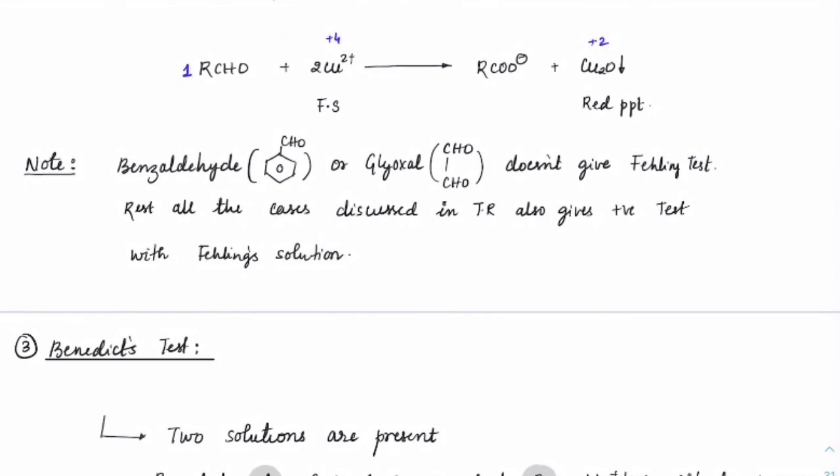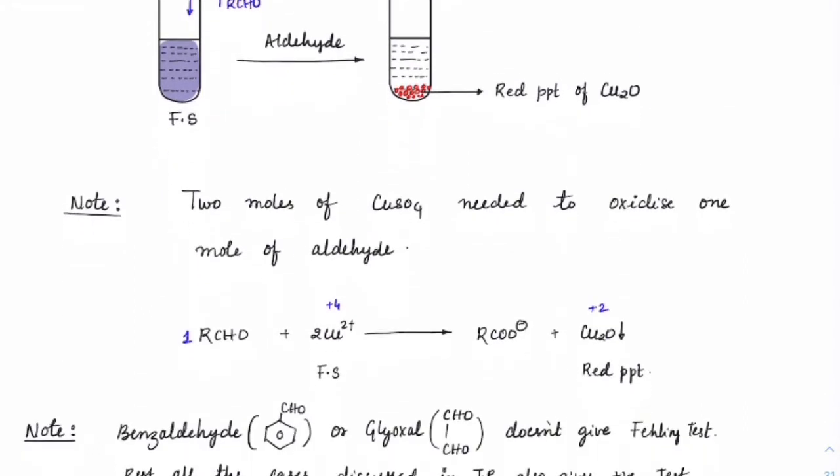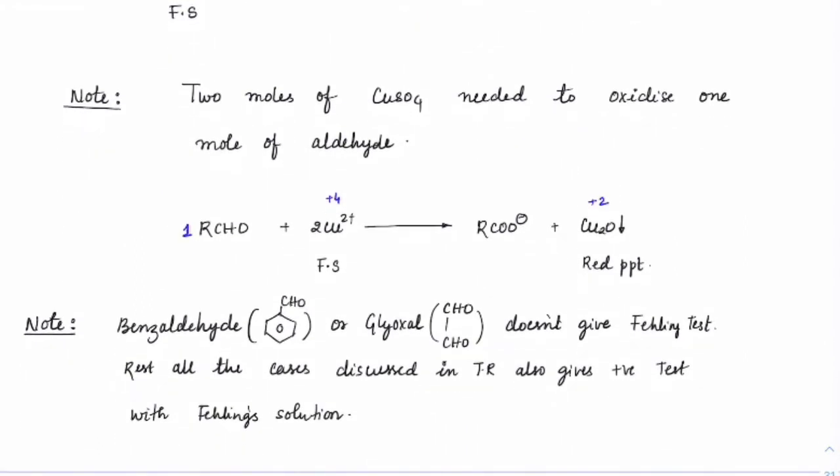Now, like I said, when the complex formation is seen, in this complex formation, copper will become very stable, right, and its reduction potential would be very, very low. And for that reason, if the reactivity of aldehydes is less, then the reaction doesn't happen at all. So in fact, if you see benzaldehyde and glyoxal, both will give Tollens reagent test, but they do not give Fehling's test. Okay. So you'd see Fehling test would be failed for benzaldehyde or glyoxal.